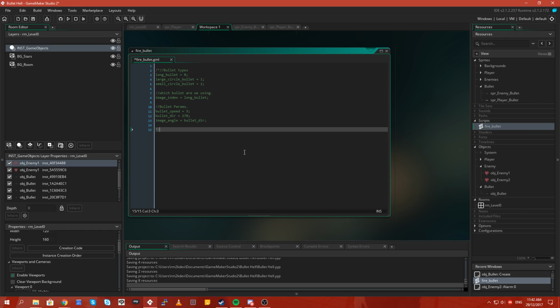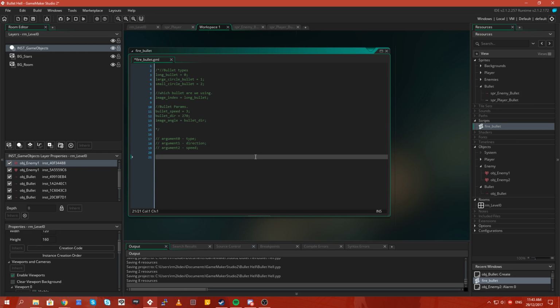So the first thing we need to do is define the type. So argument 0 is going to define the type. Then argument 1 will define the direction. And argument 2 will define the speed.